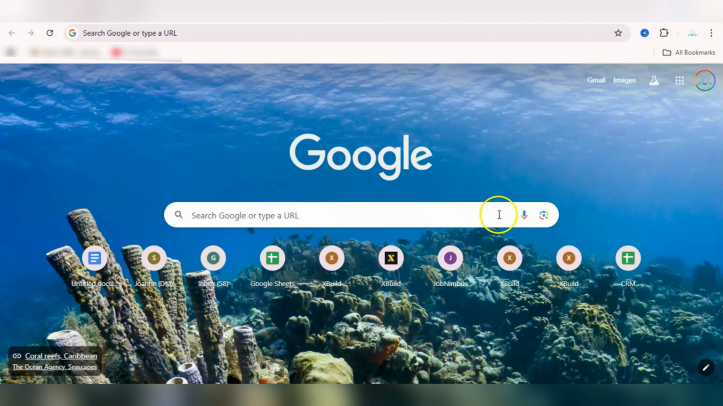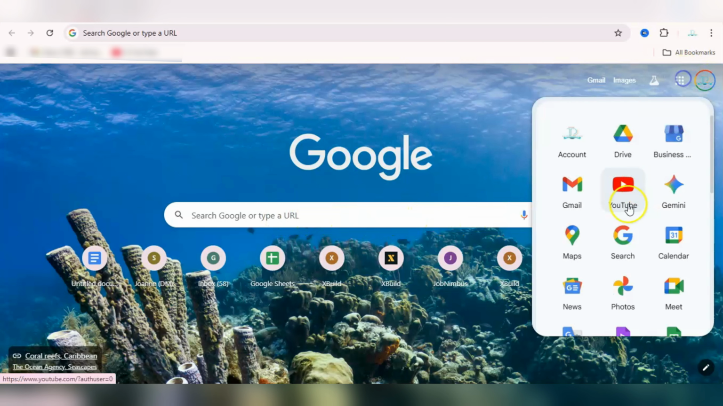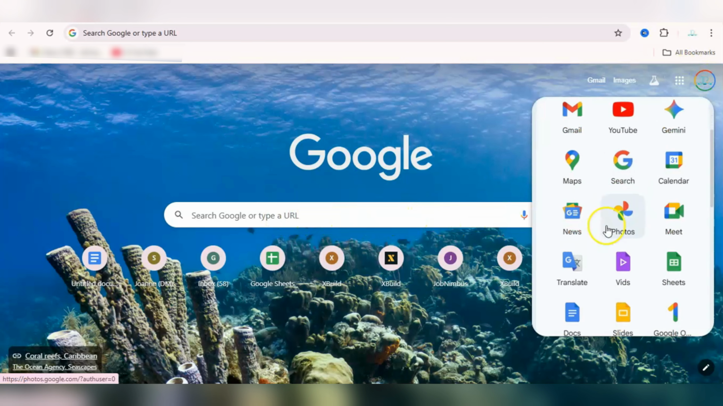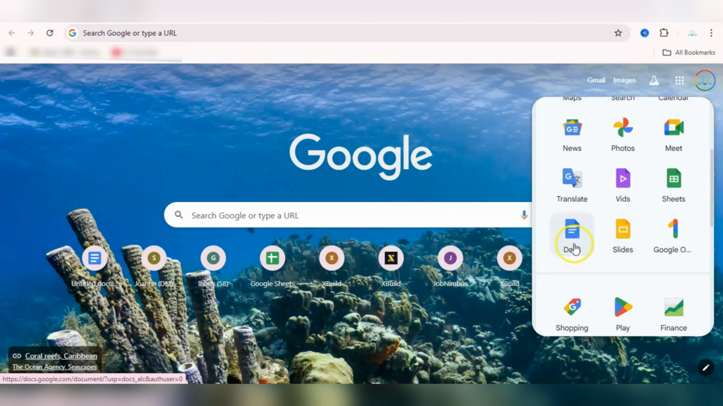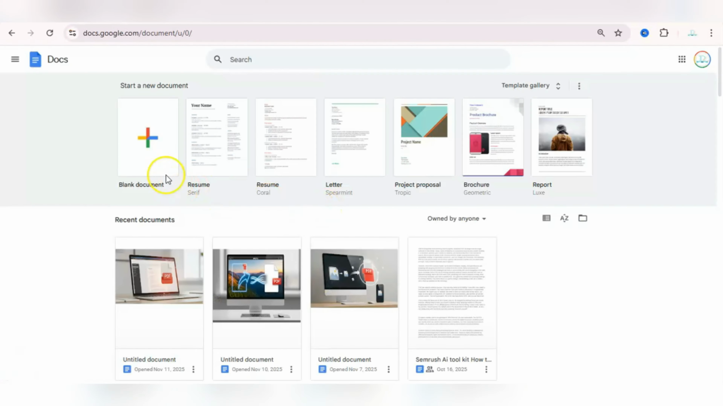First, open your browser and head to google.com. Make sure you're signed in to your Google account. If not, go ahead and log in or create a new account. Once you're signed in, click on the Google Apps icon in the top right corner and select Docs to open